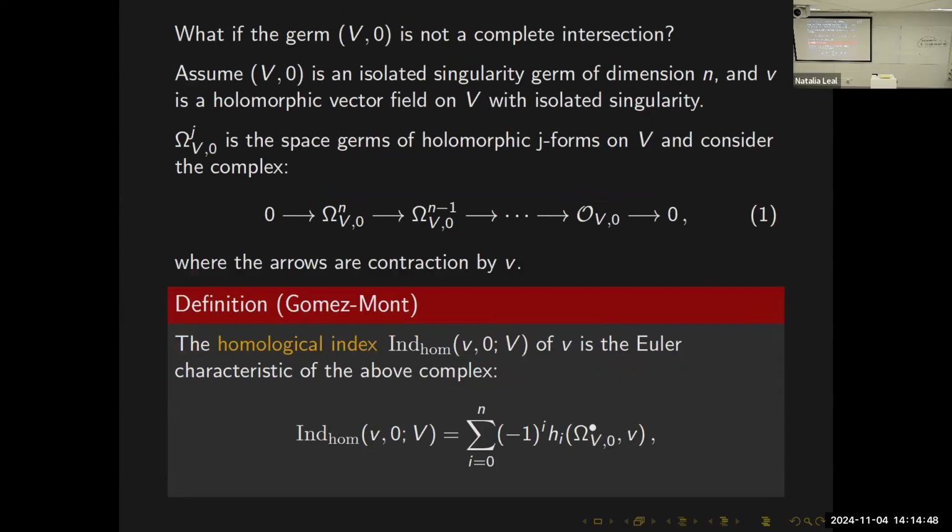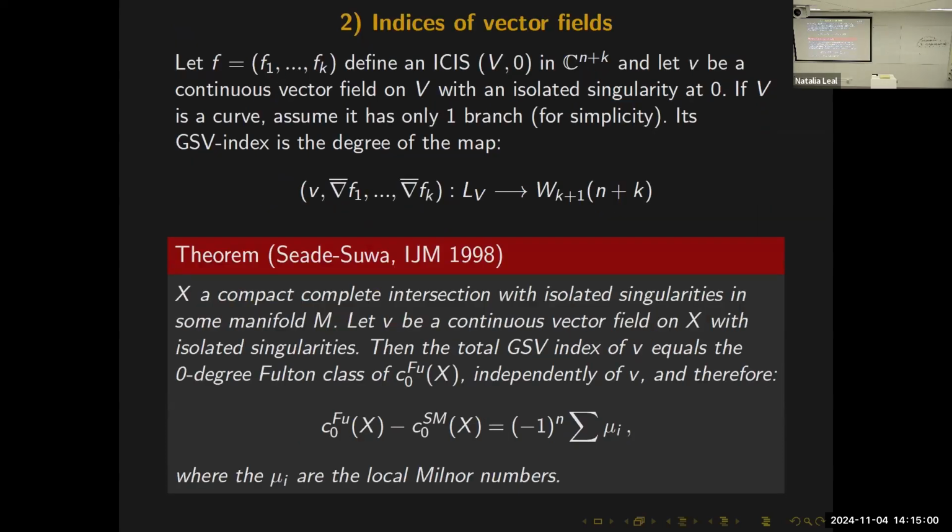So, what if the germ is not a complete intersection? In that case, the GSV index is not defined, because to define it, we use this frame. There are other equivalent definitions, but all of them use that you have a Milnor fiber. You use that you're in a complete intersection case. So this kind of topological definition doesn't work. Now you can go around it. One way to do it is like with the virtual index that Tatsuo Suwa, Lehmann, and Suwa defined, and we studied with Jean-Paul using the virtual index. But another way is